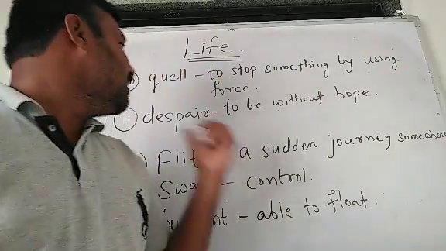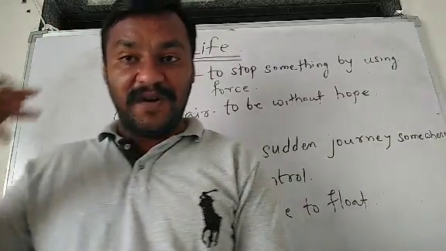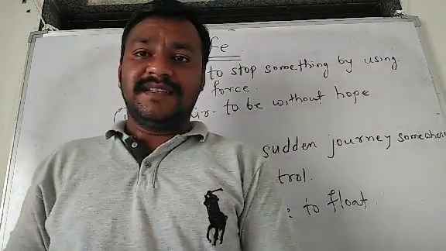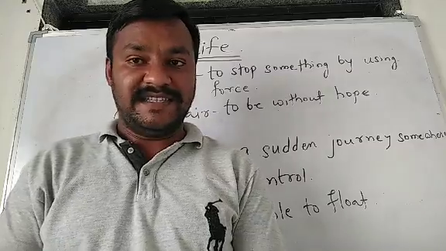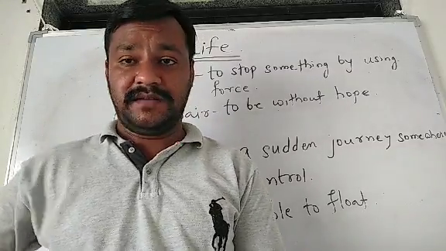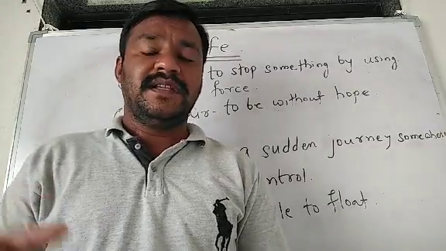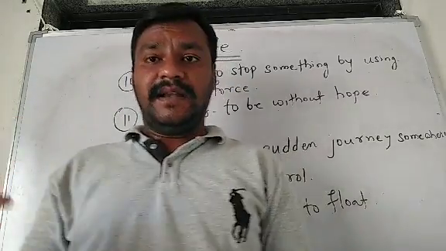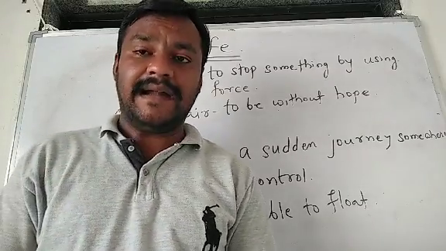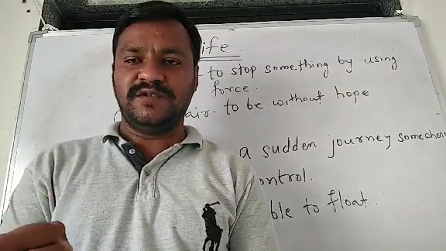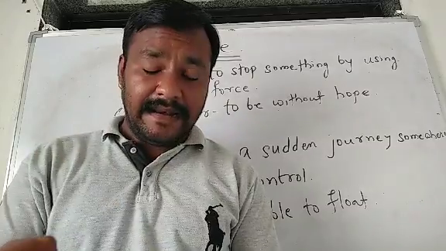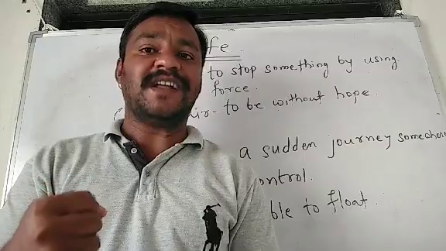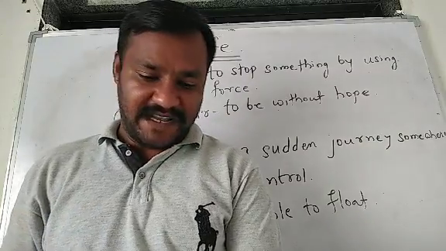sages said. Sages means what? I have given the meaning of sages. Old people who are very wise, such kind of people are called sages. A person who is wise. In the meaning, I have told that sages, such people, said that there is darkness in life. It's not a dream. So don't be in a dream. Getting? So please awake and be ready with that enthusiasm, with that zeal for fighting difficult situations and for welcoming happy moments of life.